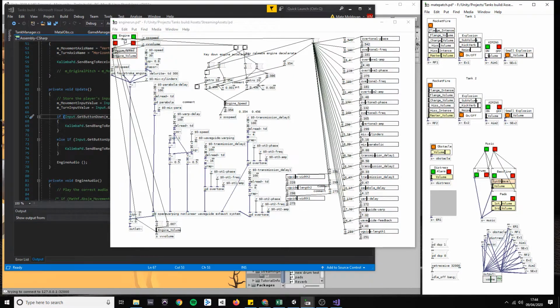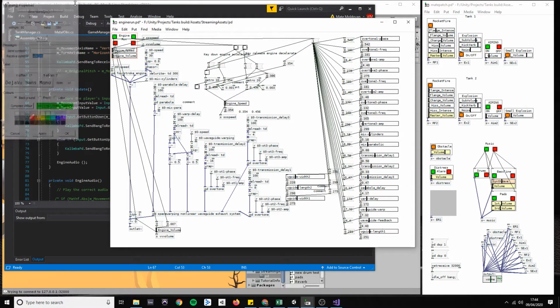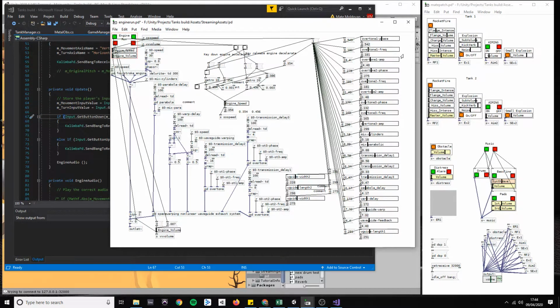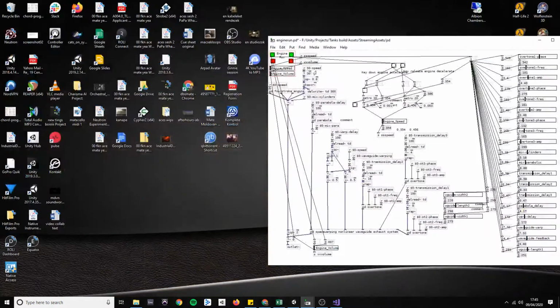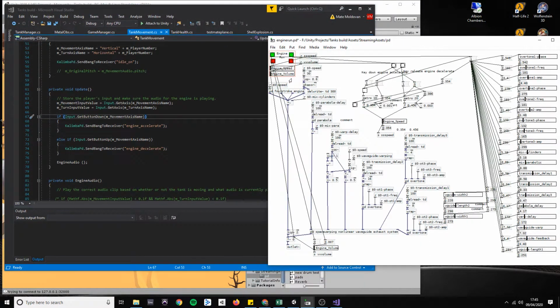So the engine here, this guy is the idle on. That turns the engine on and puts it into a default, which I tell it here. So I trigger all these values that I just mangled around with and found out. This is the advanced engine built from Andy Farnell's Designing Sound book, and in order to have a default setting, I just had to set up these values to it, and I call, there we go, I call